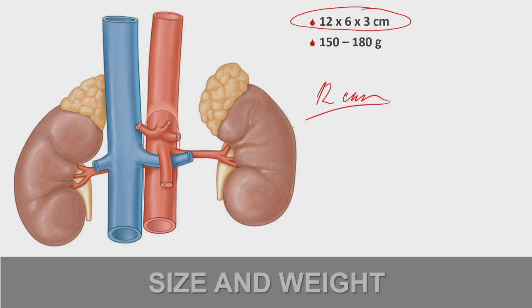The size is very important, because when you have to assess the kidney and its state, you perform a very easy measurement: the craniocaudal length of the kidney. It could be made by ultrasound. The weight is about 150 to 180 grams, and this very high